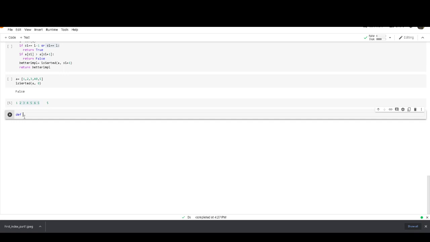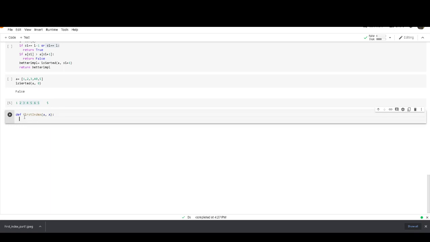First index. First I need to mention a and the starting index. S is the element we need to find, and a is the input we are going to give. First we need to find the length of the list.